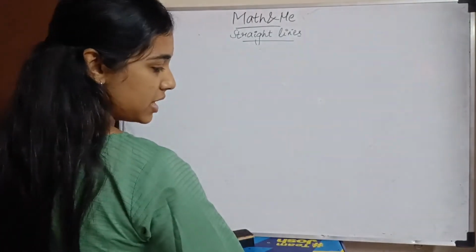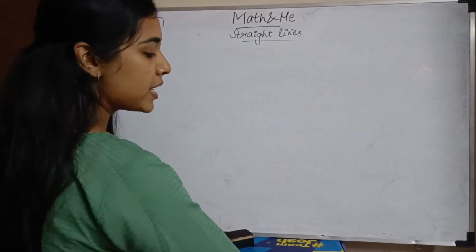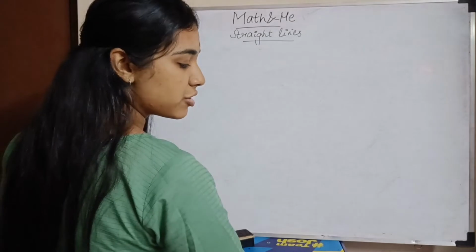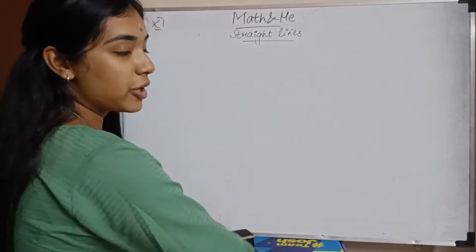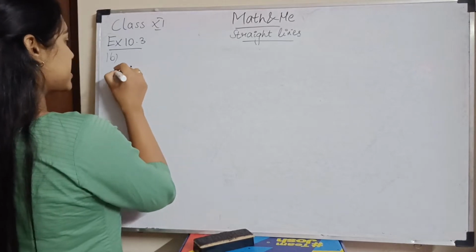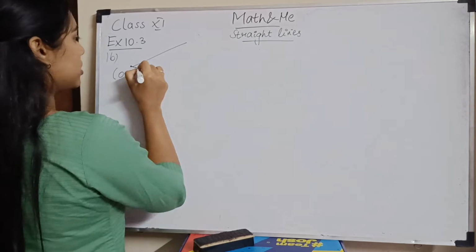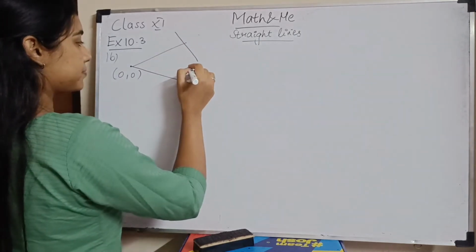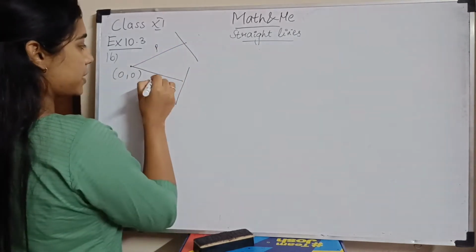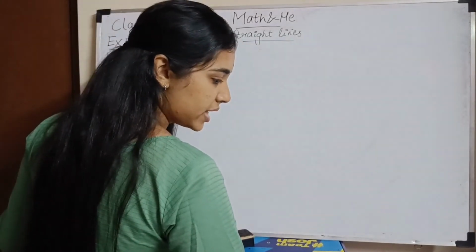Question number 16. P and Q are the lengths of the perpendiculars from the origin to the line x cos theta. So two equations are given and the distance from the origin is given. Okay. So the first point is 0, 0. You have two lines. This particular distance is P, this particular distance is Q, and the equation of this particular line is